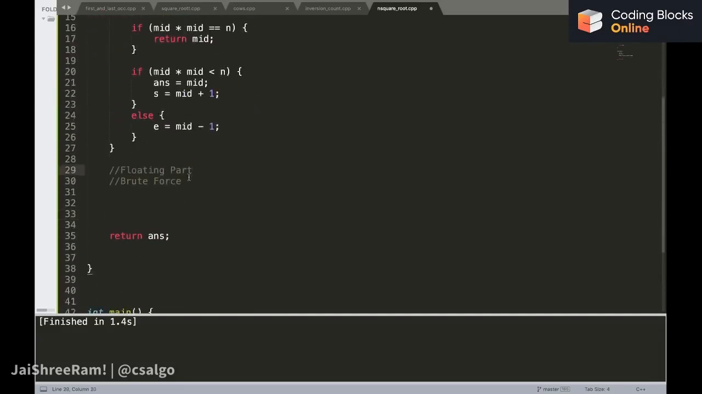Okay, so for example, you want to find the square root of 10, that is 3.162. So you know the integer part, which we have done using binary search. Then you can just keep on adding 0.1 and check if this is less than or equal to 10. If yes, then you go to 3.2. 3.2 squared is not less than or equal to 10, so you go back one step